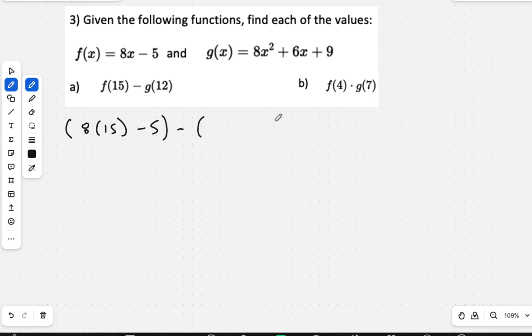So this is where we want to do all that math in there, put that together, make a single number, and then subtract that number. If you don't, you would have to distribute that minus sign to all three terms. So I encourage you just to make a number and then subtract at the end is the easiest way. So 8 and then 12 squared plus 6 times 12 plus 9. And so from there, bust out a calculator and you'll get this number will be